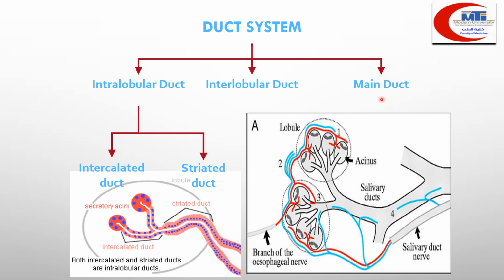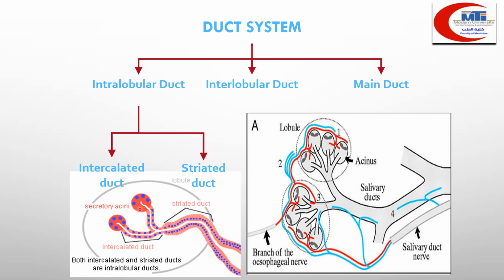It includes intralobular ducts, which are located inside the lobule, and interlobular ducts, located between the lobules and the main duct. Open to the surface in salivary glands, they open into the mouth cavity. The intralobular ducts include intercalated ducts